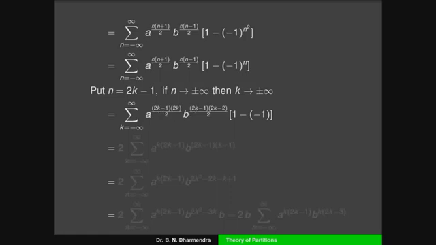Here also b to the power of 2k minus 1 into 2k minus 2. Here we have to take 2 as a common factor, so you can take it outside, so the 2 gets cancelled, so it can be written as b to the power of 2k minus 1 into k minus 1 into 1 minus of minus 1, because this value is odd. Therefore 1 minus of minus 1 means plus, so that value is 2, so you can take it outside directly. That is equal to 2 times the summation k running from minus infinity to plus infinity a to the power of k into k minus 1 by 2 into b to the power of 2k minus 1 into k minus 1.